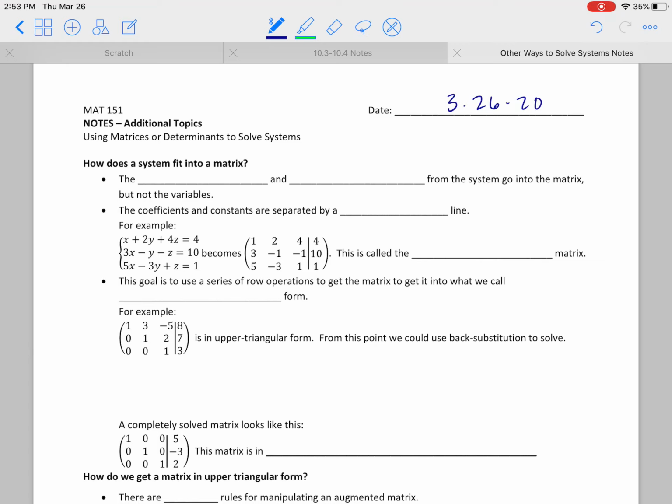All right, welcome back. So we looked at a couple days of systems, and then yesterday, well, I don't know if you're going daily here, but the last lesson was a look at some matrices, and now I want to tie the two of them together. So we're going to look at matrices to solve systems, and then we're going to look at something called determinants